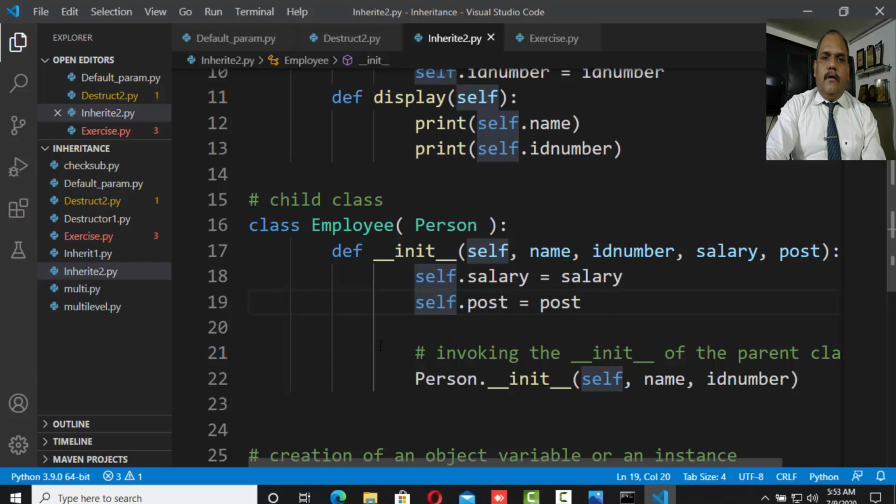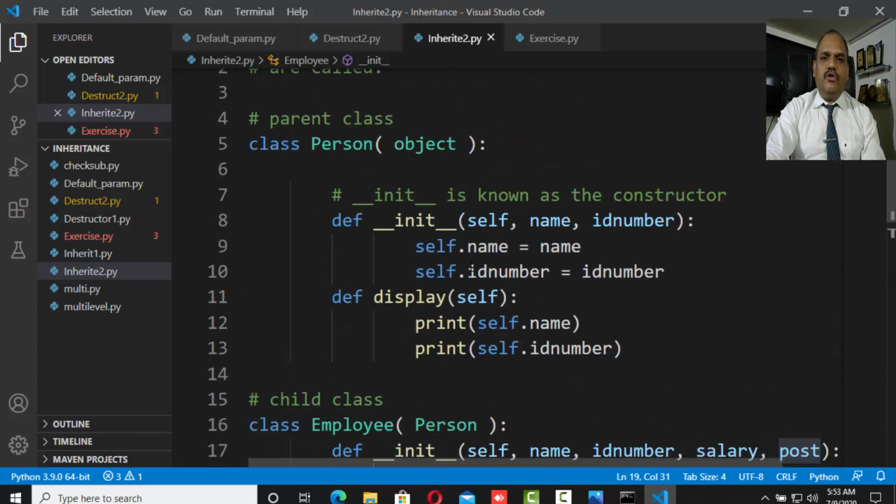Now, at the time of creating an instance of Employee, it is accepting four arguments: name, ID number, salary, post. Salary and post will be initialized to its own properties, and inside of its constructor it is giving a call to the constructor of a base class, Person.__init__, which refers to the constructor belonging to